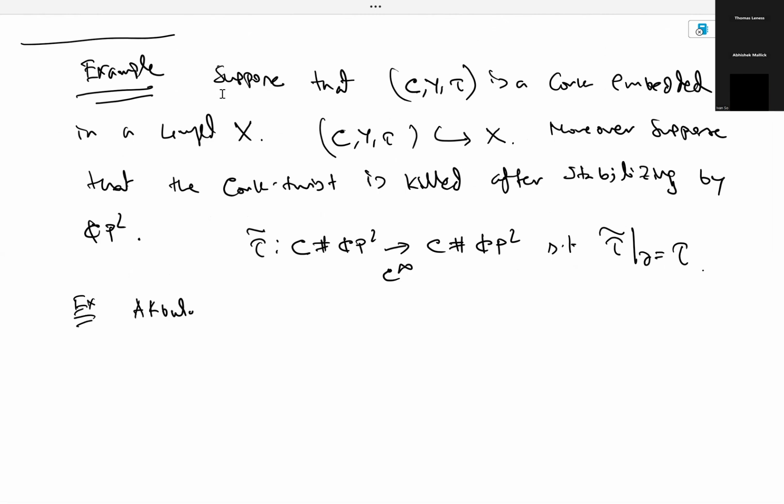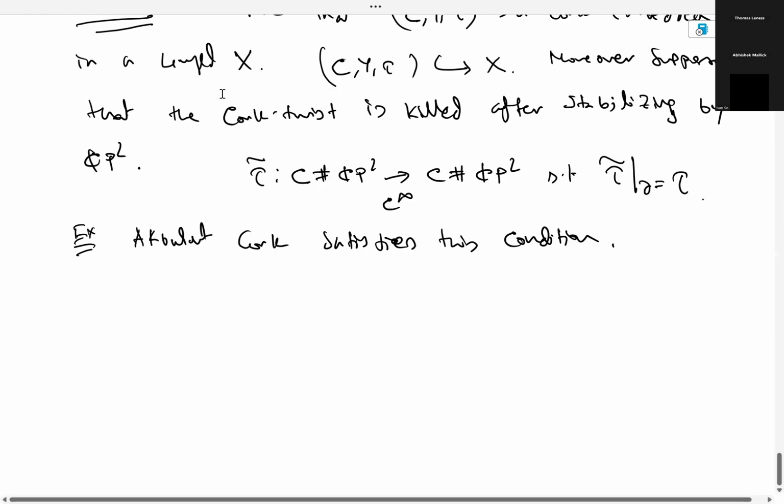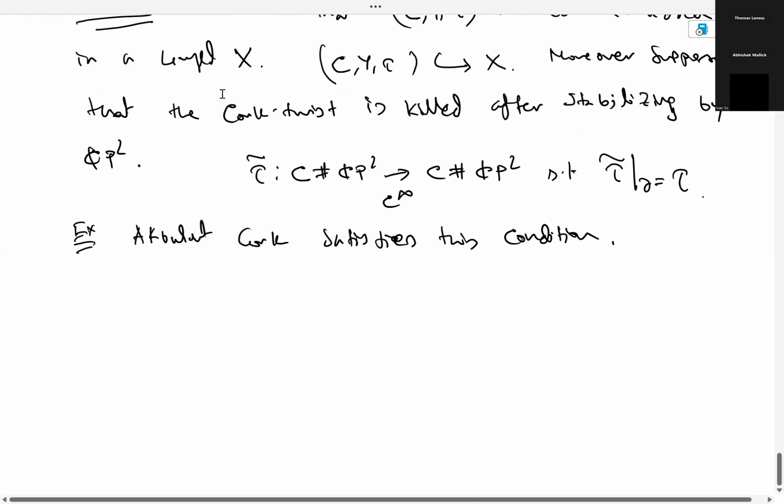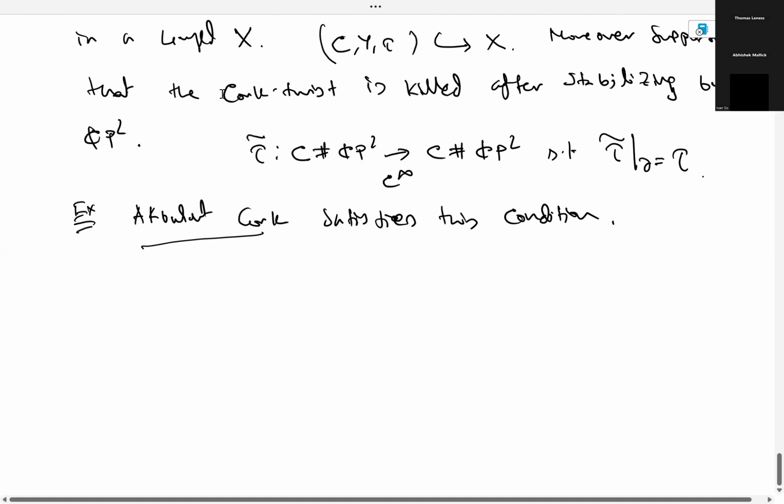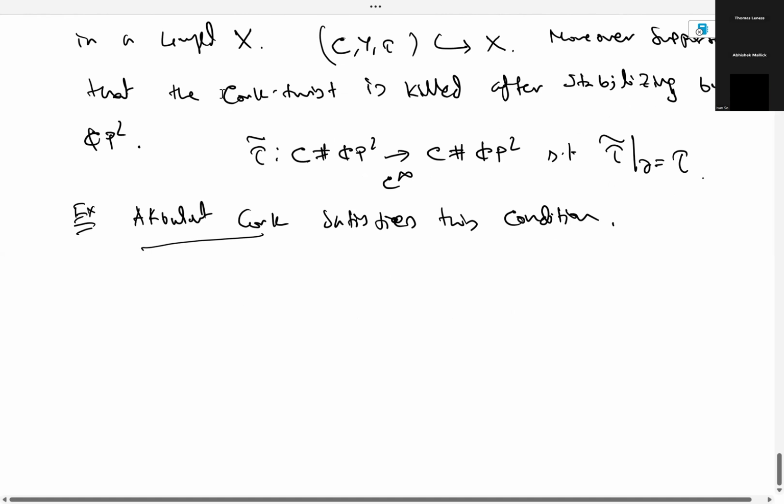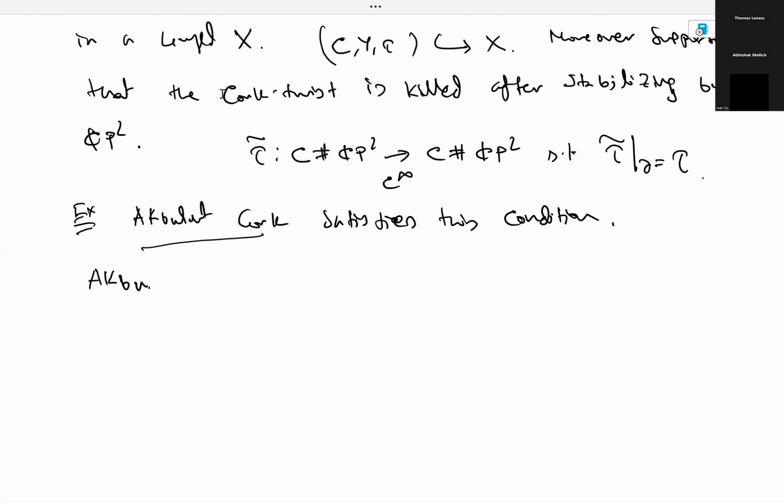that's the Akbulut cork. The Akbulut cork satisfies this condition. In other words, it is killed after connect summing with a CP2. In fact, most of the known simple corks always get killed when you connect sum some CP2. So the following construction is due to Mallick, Oakley, Kim,